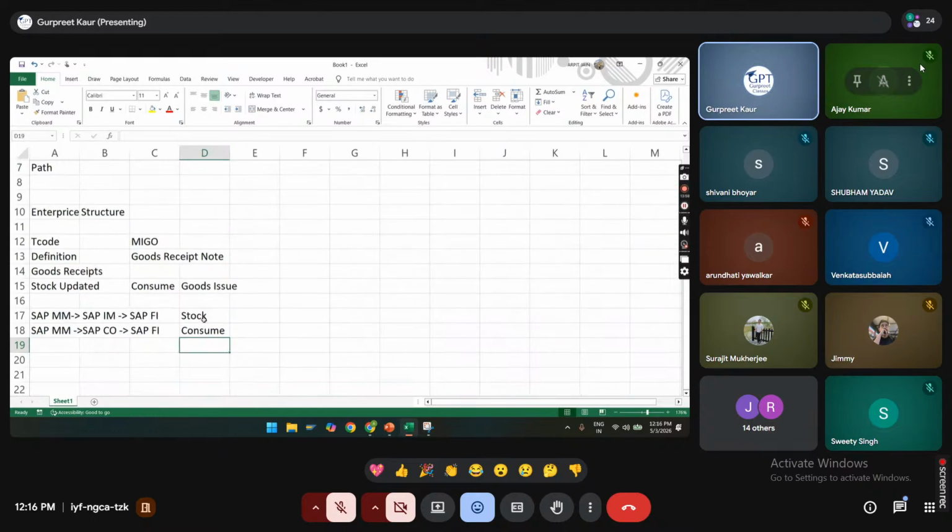Okay, now how are you going to control or manage the stock? With the help of movement types. Movement types are going to be the biggest thing which handles the stock within inventory management. So in goods receipts, again we have multiple movement types for receiving this material. How many of you are aware of only the 101 movement type?